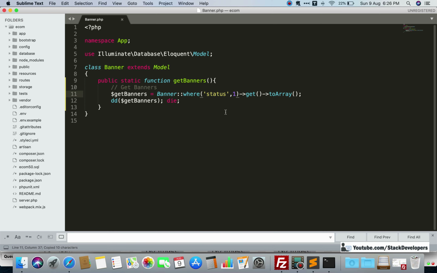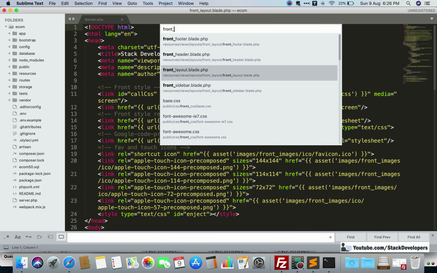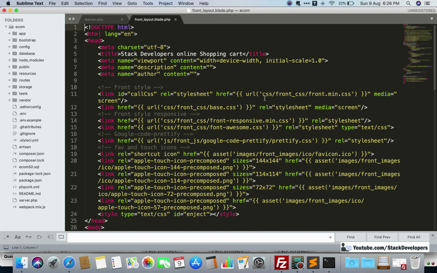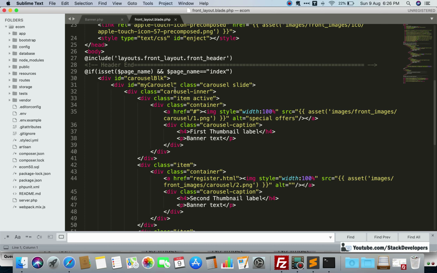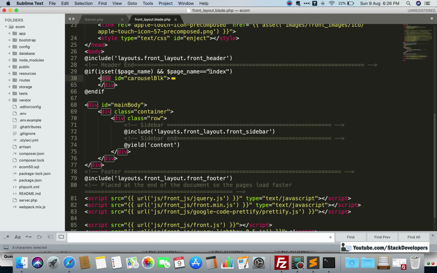We are going to call this function in our front layout file. You can see in the front layout file we have called this banner. This is the script that we are showing for our index page, and this is the banners code. These are the banners that we are showing. You can even add a comment here if you want, so that you will be aware of this every time.